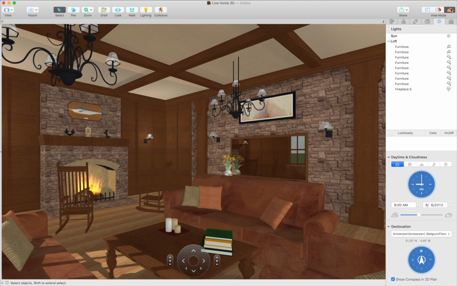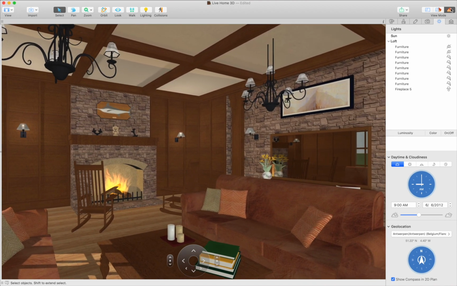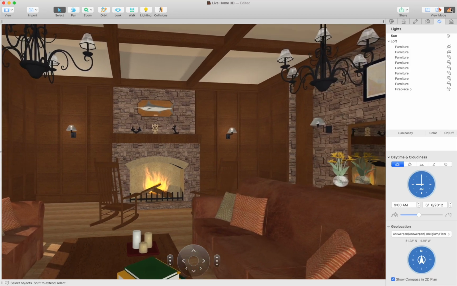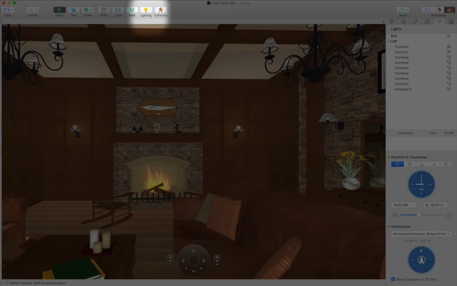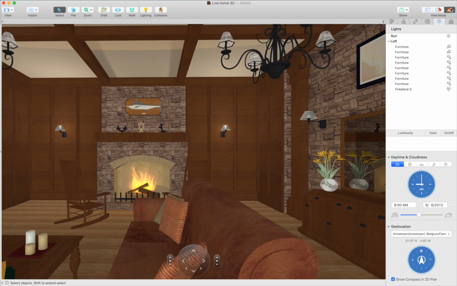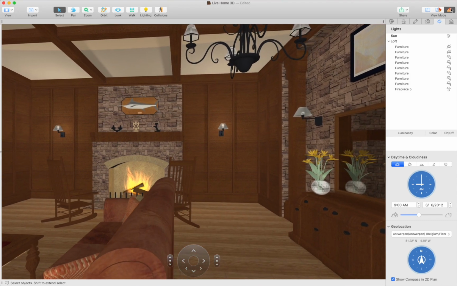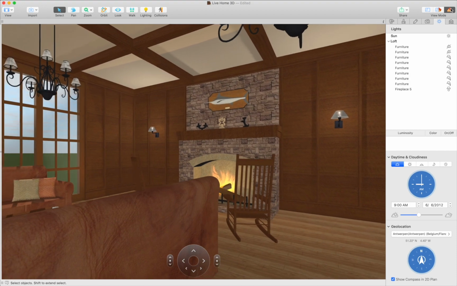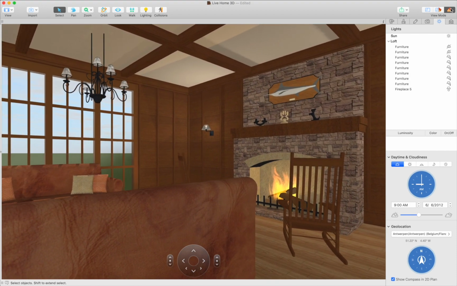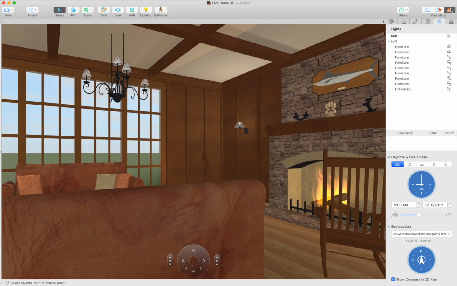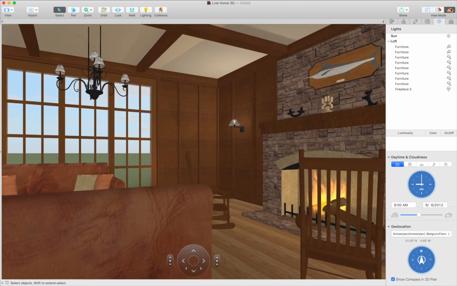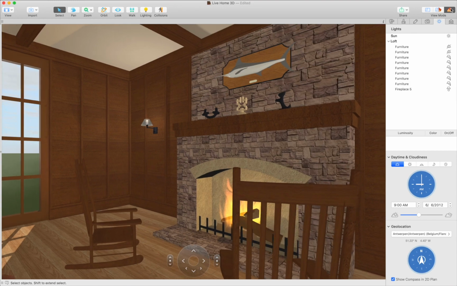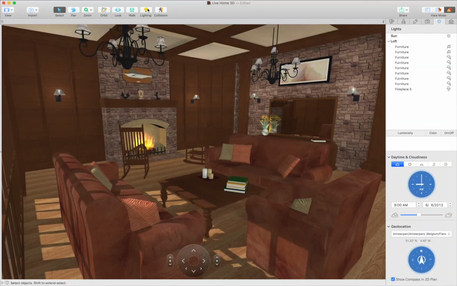In this video, we will share some tips on how to speed up the app performance while working in 3D. By default, the app works with the enabled Lights and Shadows option. It means that all light sources, shadows, and reflections will be present in a 3D view. The more light sources and reflective surfaces you add, the more time it takes to render a scene. And depending on the project, you may notice that your movement became a bit more sluggish. That's a sign that some optimizations are required.